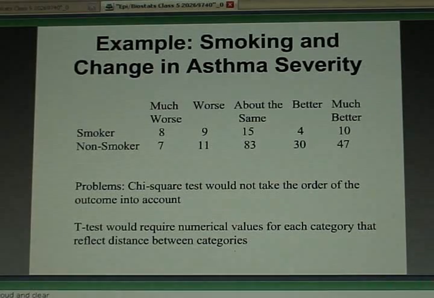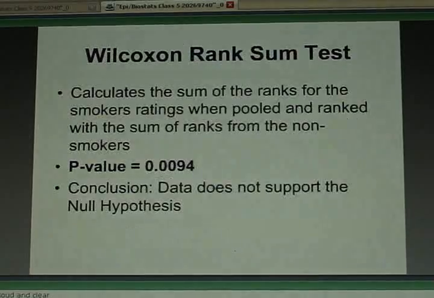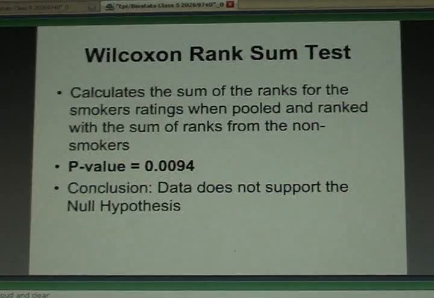Well, you can analyze this by a chi-squared test. That wouldn't take this order into account. You can analyze it by a t-test. The numbers might not reflect distances, so that test might not be appropriate to use. But the Wilcoxon test will allow you to look at the ranks of those two groups, and in this